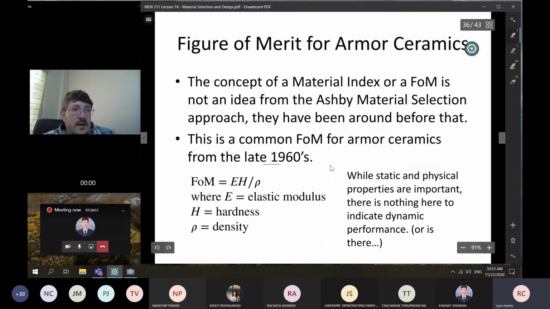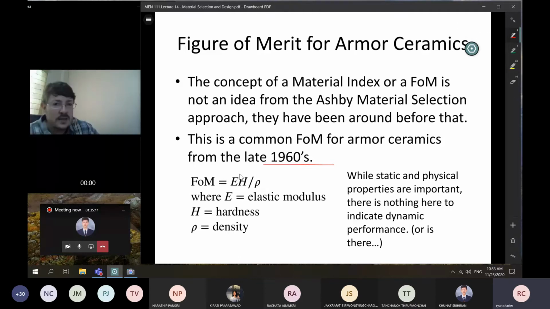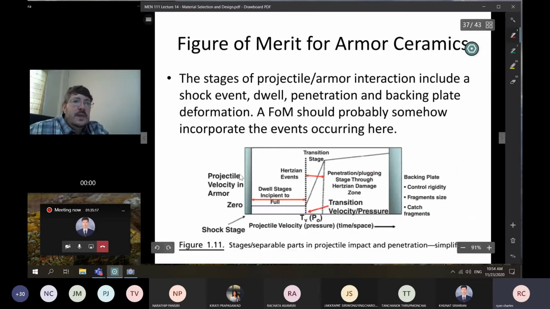So in the early 1960s, maybe it's modulus and hardness and density. And maybe this will be our figure of merit. And so we only want ceramics with low density and high hardness and modulus. And that's where you get things like boron carbide and silicon carbide and alumina and titanium diboride. But